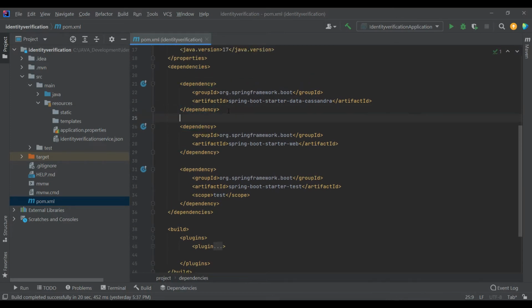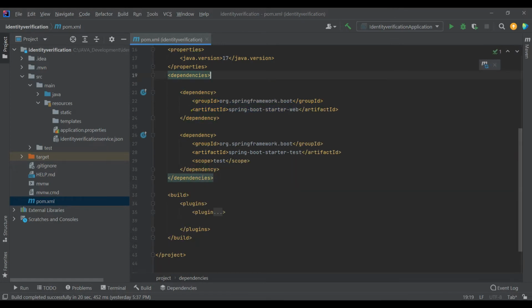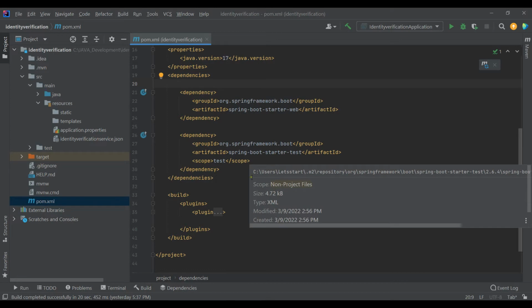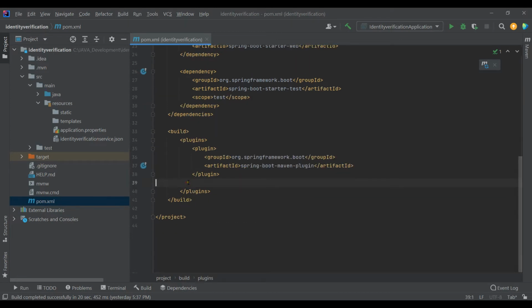Since we will be working on Cassandra a little bit later, let me do one thing. Let me take off the Cassandra dependency, and as of now we have only starter web and starter test. Okay, now let's work on adding the Swagger CodeGen Maven